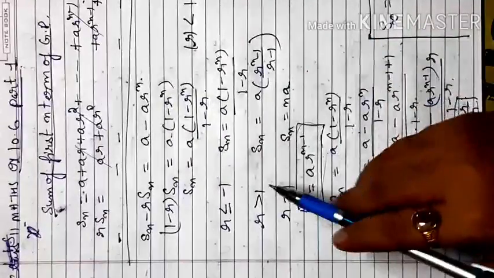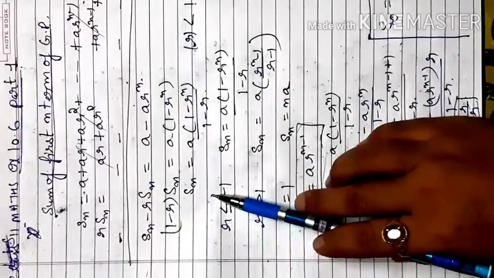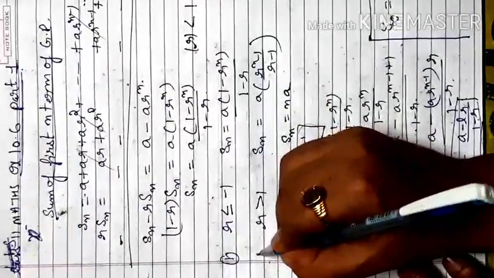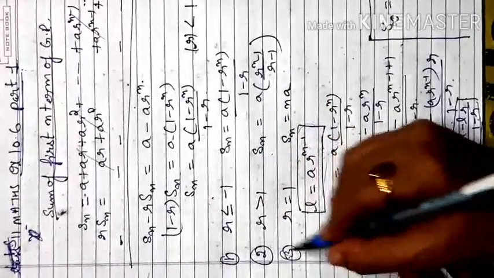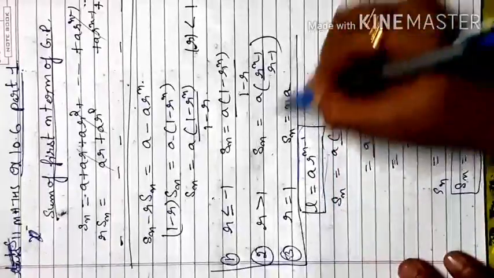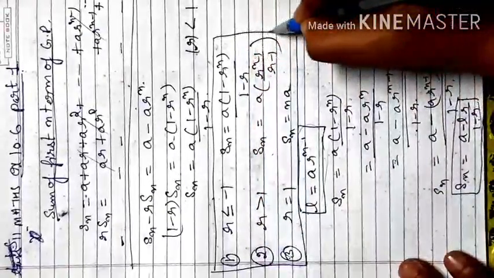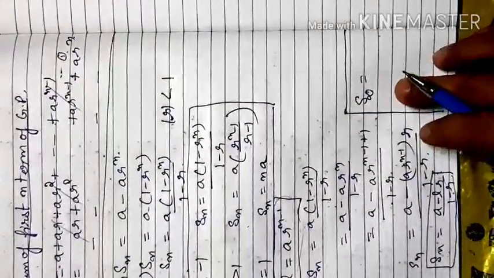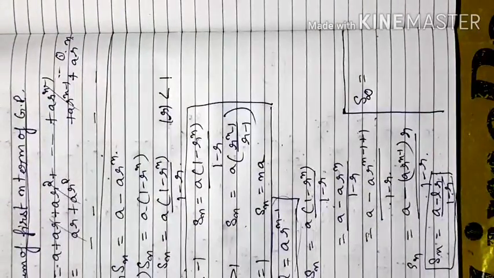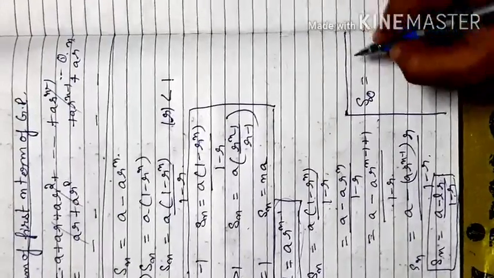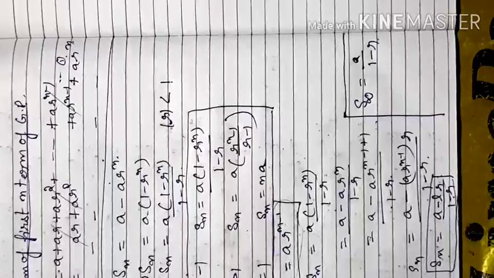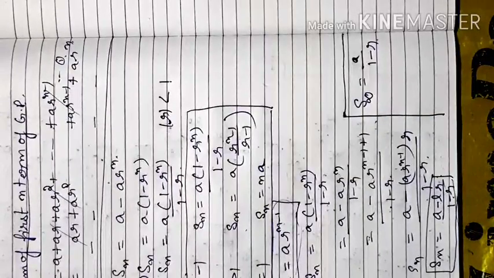Before that, we were writing the sum of n terms, wherever we have to find the sum of n terms. So these are the first, second and third rules. According to the R value, you use one of three sum of n terms formulas in a GP series. But if you have S infinity, in that case you do not need to use n, because there is no limit on the terms. So in that case you can directly apply the A value and R value in this formula,